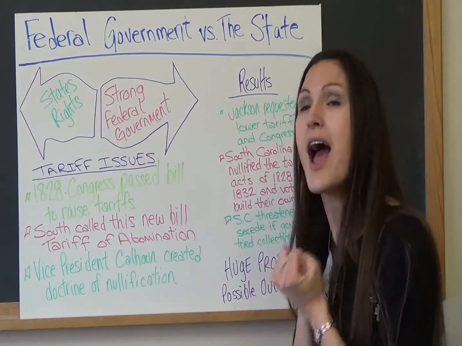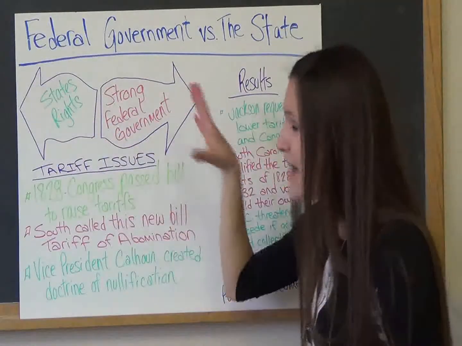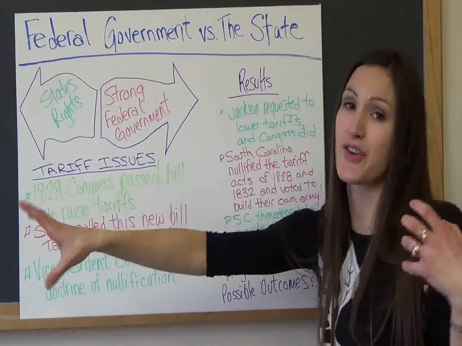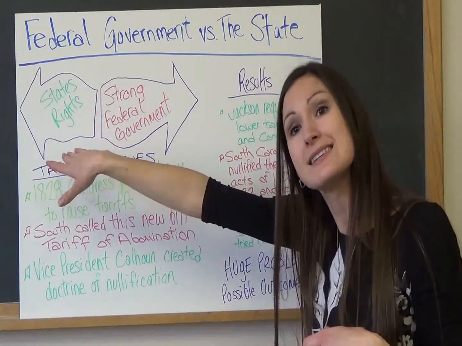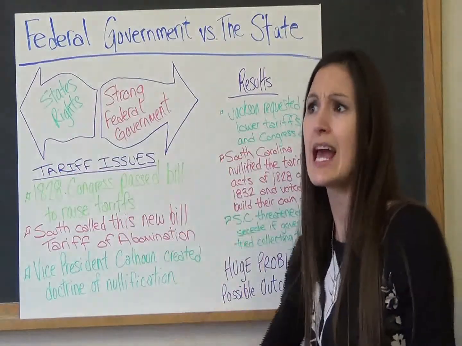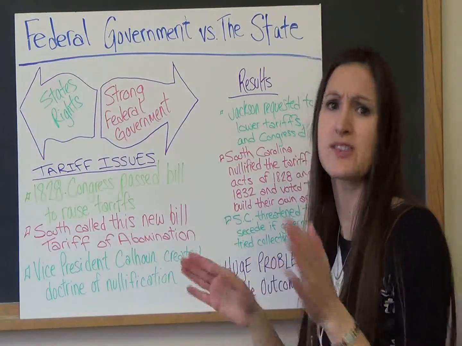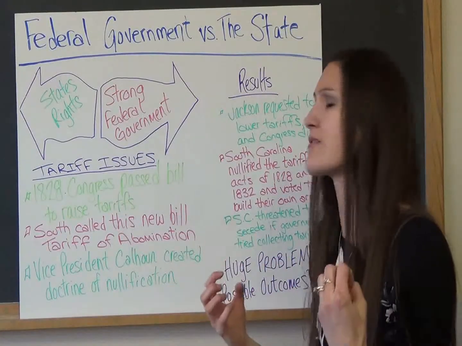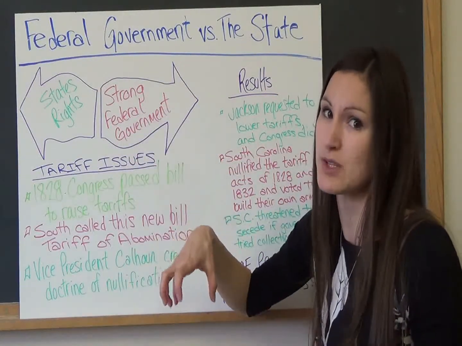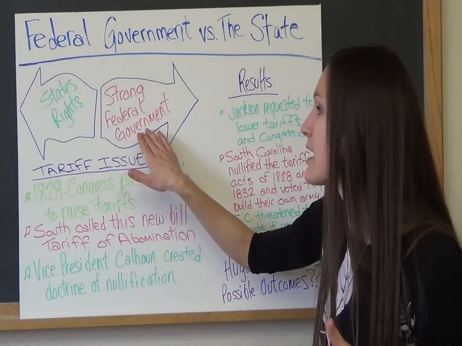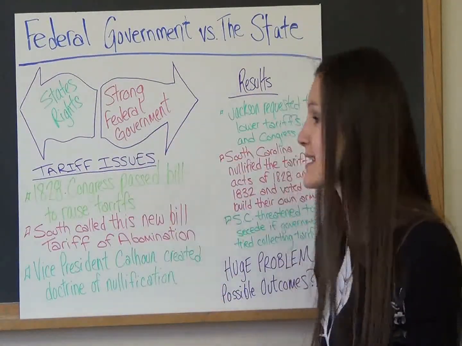It is a very tough issue, and we're going to look at this. We have states' rights going in one direction, and a strong federal government going in another. The South believes in states' rights, saying we as states, if we think a law is not going to benefit us, we should be able to veto, cancel it out, not follow it. The state should have the rights. Other people supported a strong federal government. They said, no, the federal government has the most power, and you need to listen to us, that the federal government can do what it must to hold the Union, the United States, together.